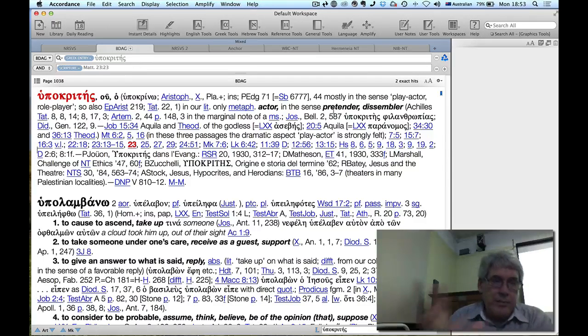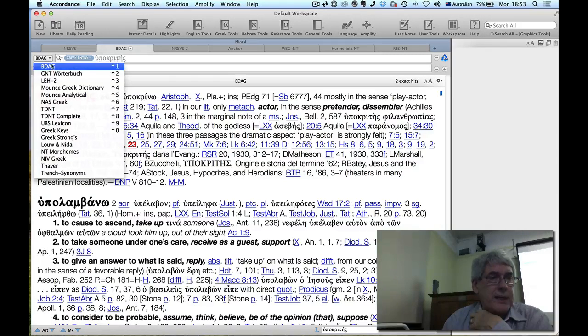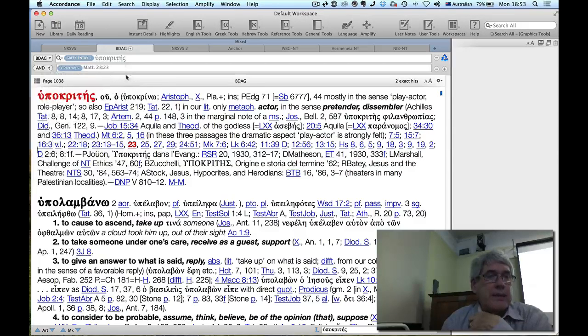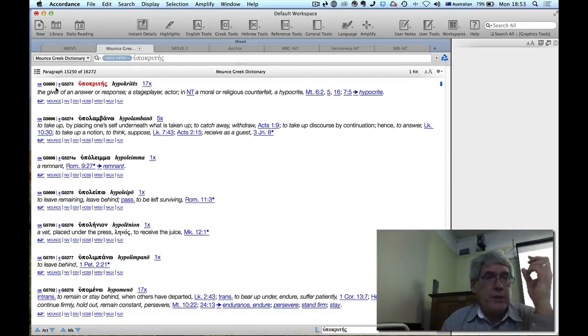And then they quote some literature and so on to try and back up that point. Now we might want to go and look at some other dictionaries. So instead of just looking at BDAG, notice up in the top, it's telling me which tool I'm in. Okay? And so I can just choose to go down. I can go to Mounce, which will be much shorter. Here's his definition. Okay? GK number 5695, Strong's number G523, 5273,